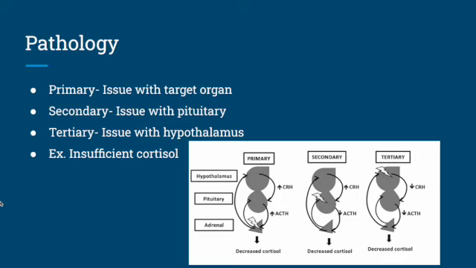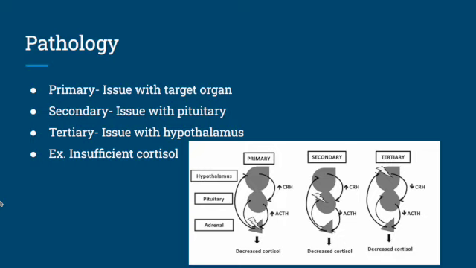And then in the second example there, you can see that again, the hypothalamus is stimulating the pituitary, and the pituitary is trying to stimulate the adrenal gland. But in that example, there's an issue with the pituitary, and the pituitary is unable to make the ACTH needed to properly stimulate the adrenal gland. And again, they end up with low cortisol levels, but you're not sure why they have low cortisol levels, so you keep looking and you discover that it's because of the pituitary. And so we would call that a secondary